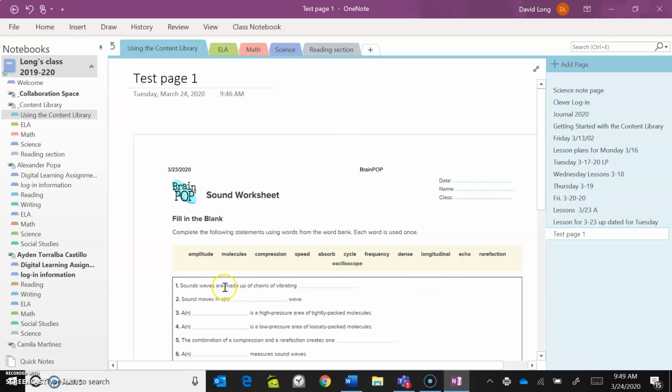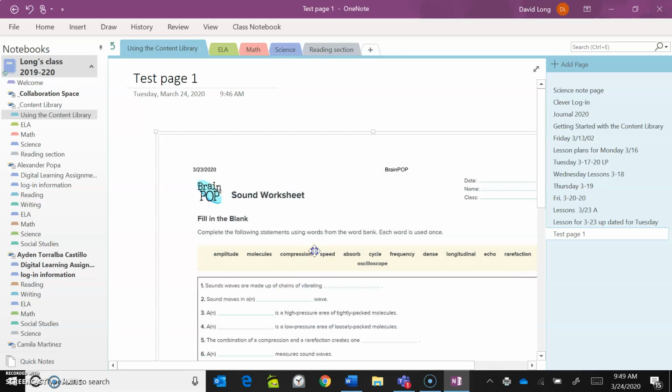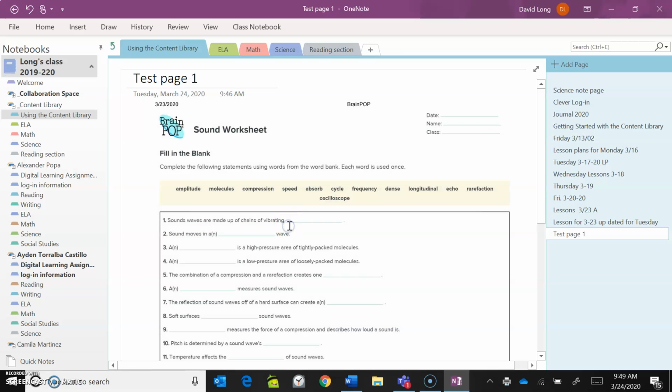Now that is a picture, and you can see I can't do anything with that. Now, if I want them to answer onto this, they can just type directly over that, and it creates a text box for them, but they can't do anything to this page. All right. Now,